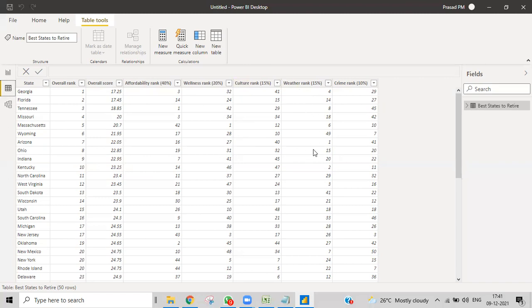Based upon the weather they also gave a rank, and based upon crime also. Based upon all these points, they gave an overall score, and then based upon that they gave a rank. So this is what our data is.